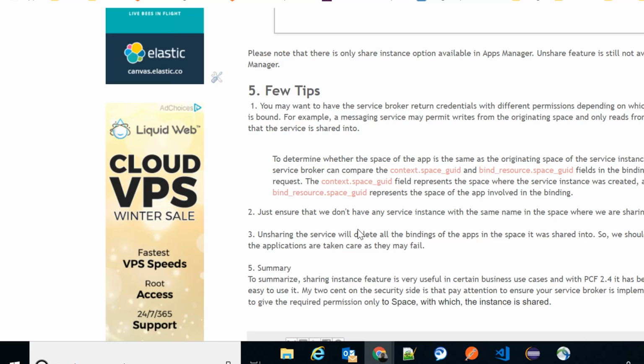It is not supposed to put messages back into the queue. So how will you ensure it has the right permission? For that, what you can do is in the broker,